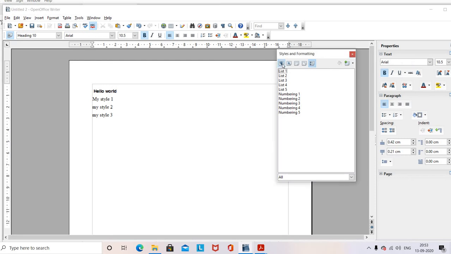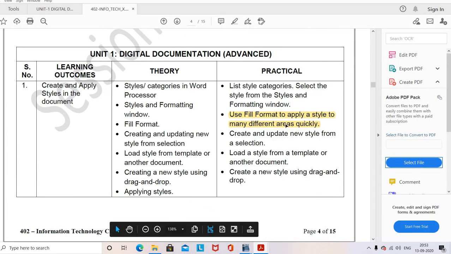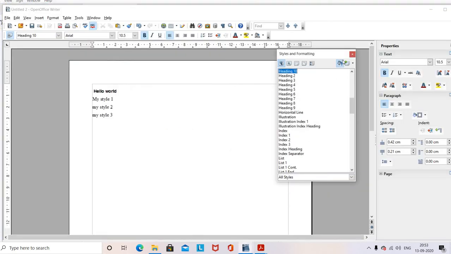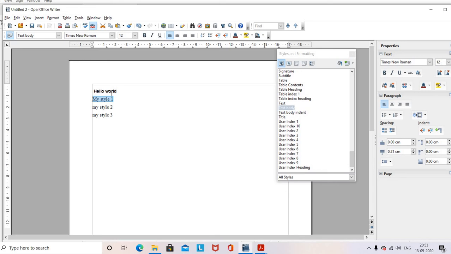Okay, so now this is the fill format mode. So the second section is how you will use the fill format. So for that, this like a paint box, this is known as the fill format mode. So for first thing, you have to select your content.